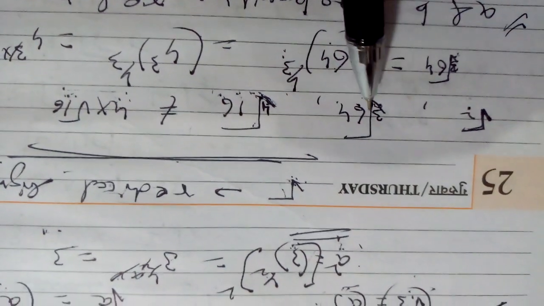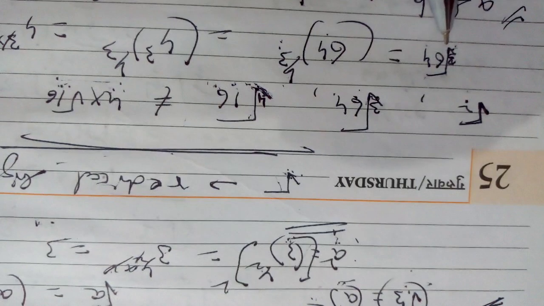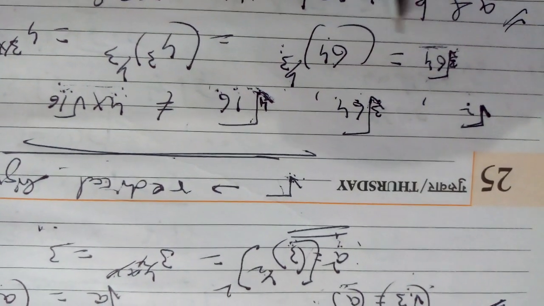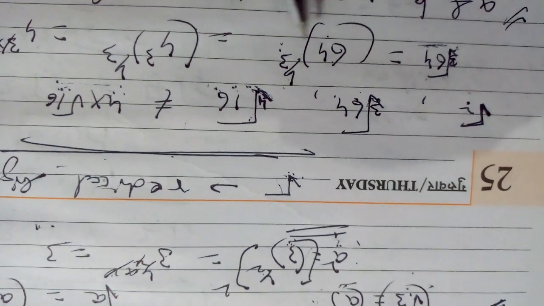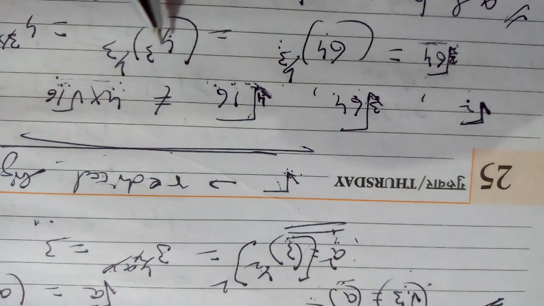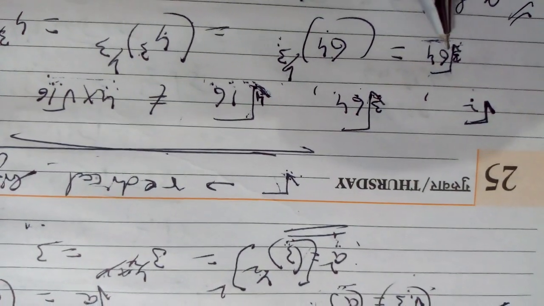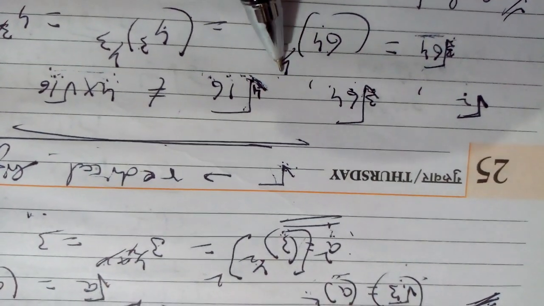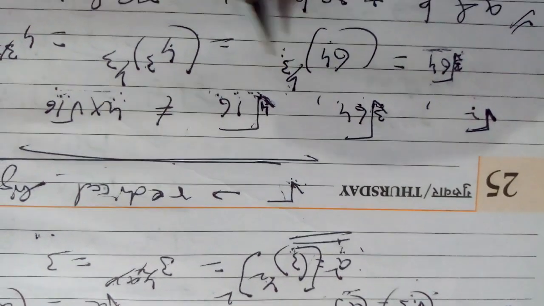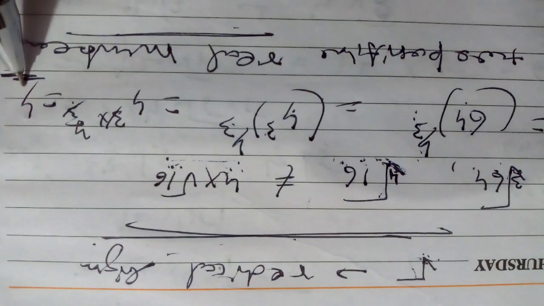Here I am solving one example. Cube root of 64. 64 factors as 4 into 4 into 4. You can write 4 power 3. You can write 2 power 6 also. But I am writing 4 power 3 because the cube root is there. Cube root changes into power 1 by 3. 3 and 3 cancel. Your answer will be 4. 3 and 3 cancel. What is your answer?